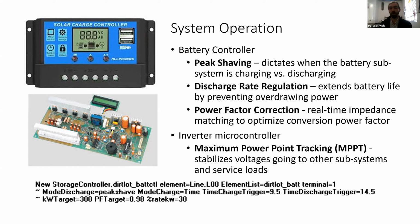that come pre-packaged, built into the Green Rock battery modules. And the other controllers are the inverter microcontrollers. And I'm going to talk a little bit more about the saltwater batteries, just because this is a really emerging technology. It's pretty new, but doing the research on it, it is extremely well geared for solar and PV